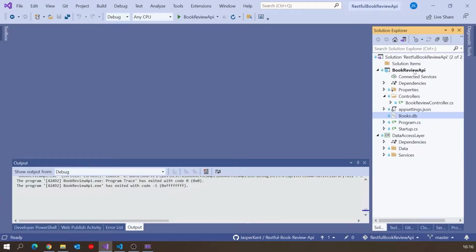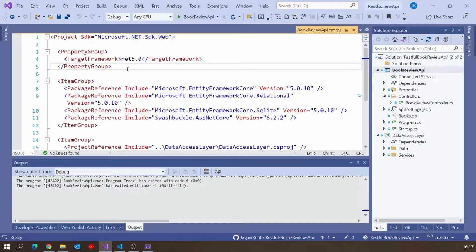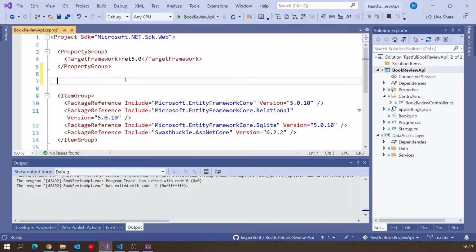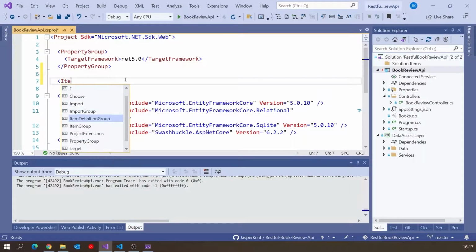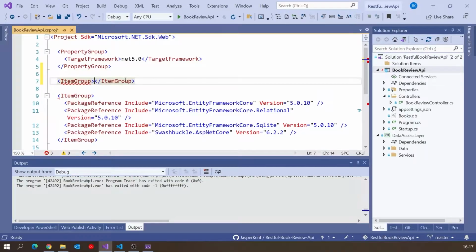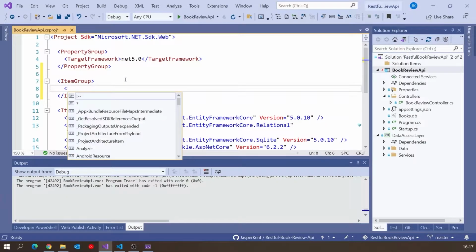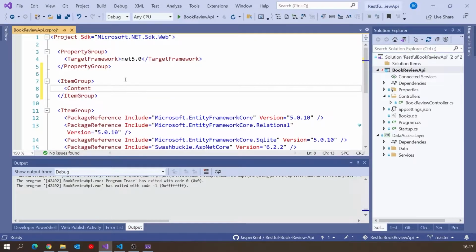But it's easy enough. All we need to do is go to the project, and then somewhere in the project file directly, we put in an item group, which is just a way of grouping together data that you want to put in there. So there's our item group. Then in there, we put a content, and we say include. This is telling it to include additional to the default files. We're going to include dot backslash and then star.db. Obviously we've specifically got that file called books.db. I could have put that in there, but I'm just going to be very general and have any DB file, so if we add any other ones, that will work fine.